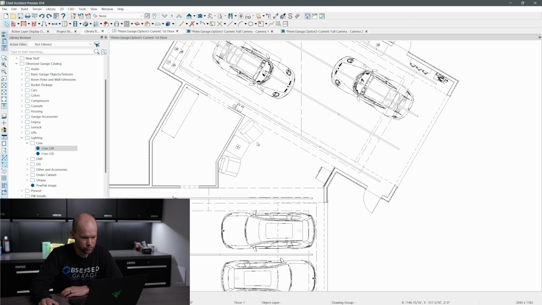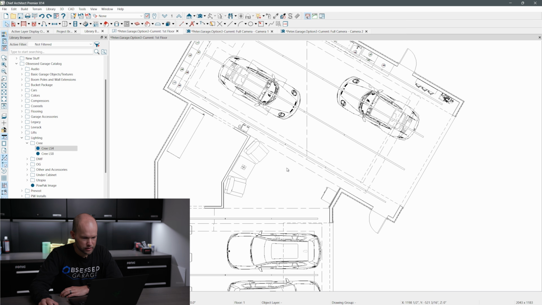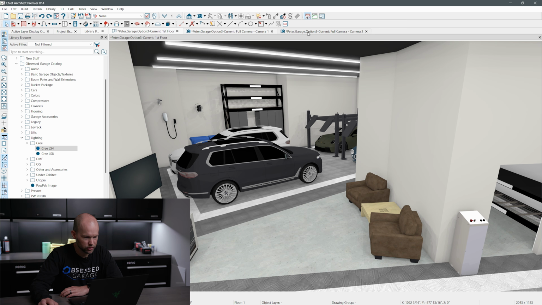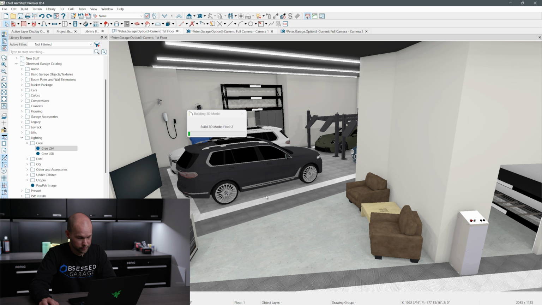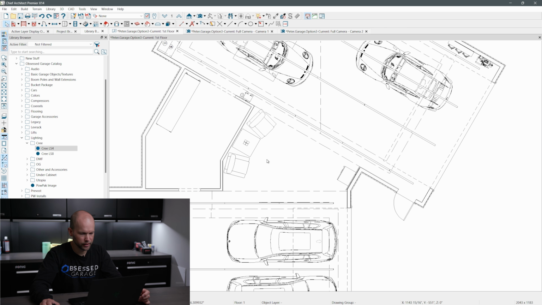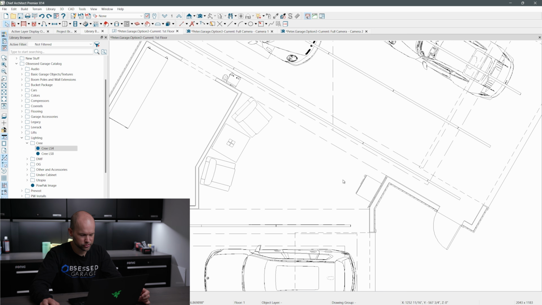So I think what we'll do is we can plan for some Cree KR Series. Since these are going to be a little bit higher ceilings, it's new construction. The SLG lights, which can be 5,000, are really just like general ambient type of lighting. They're not going to be very direct. And because of the high ceiling, I think we need something that's going to be a little bit more pointed right at the space. I think if we do the higher lumen output KR series, that would work